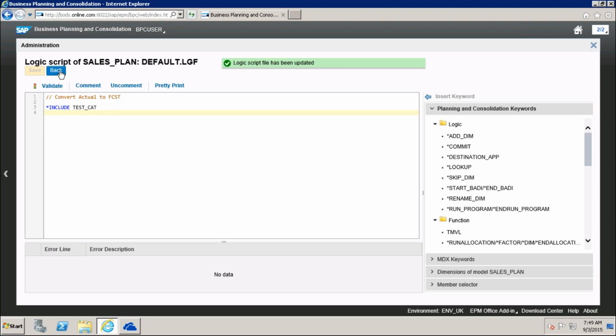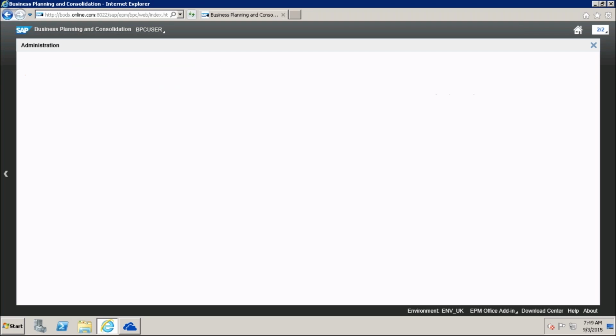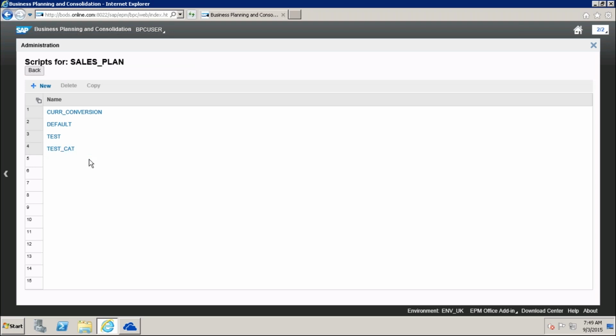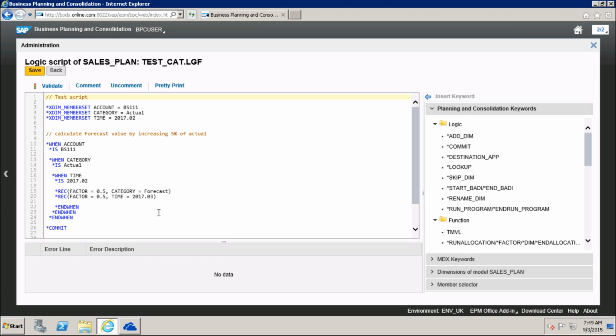So I included my script here in default. This is what I have written. Before applying in your system, you have to test this.